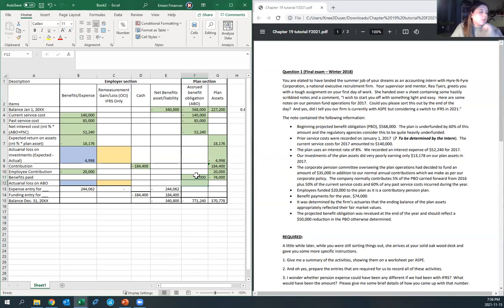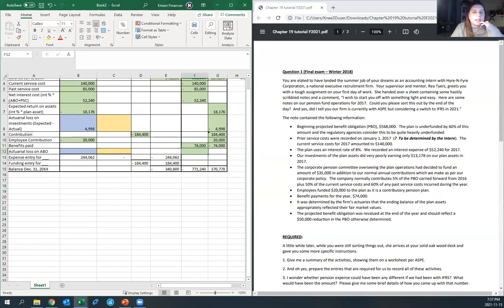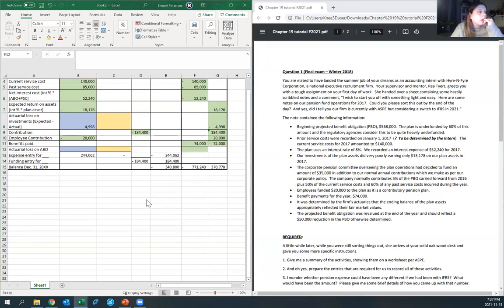So that reduces both the ABO and the plan assets because you're doing your payments. And then it was determined by the firm's actuaries that the ending balance of the plan assets appropriately reflects their fair market value, so that you're good. You don't have to make any adjustments. And the projected benefit obligation